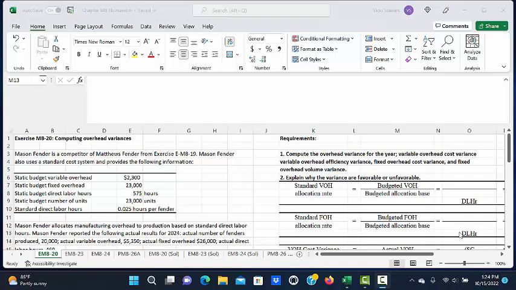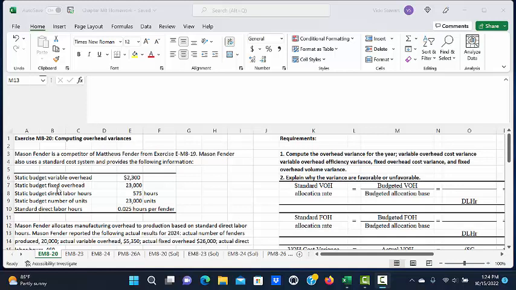This is a demonstration of exercise M820 computing overhead variances. Mason Fender is a competitor of Matthews Fender from exercise M819. Mason Fender also uses a standard cost system and provides the following information, and the problem gives us the static